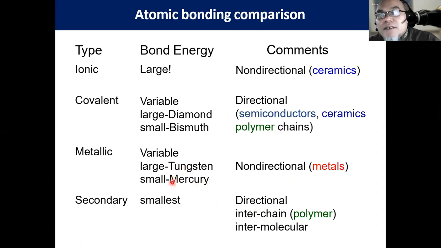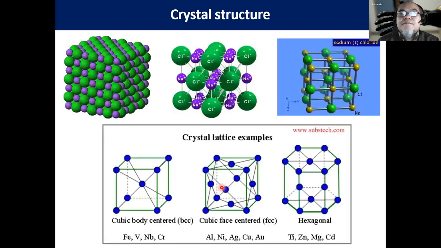For example, the melting temperature. If a material in the liquid state has a lot of this secondary bonding, for example, due to hydrogen bonding, usually the melting temperature will become higher, because it will be very difficult to make them dissociate from one another, to break this bonding. Okay, we will explain this in more detail in another slide.